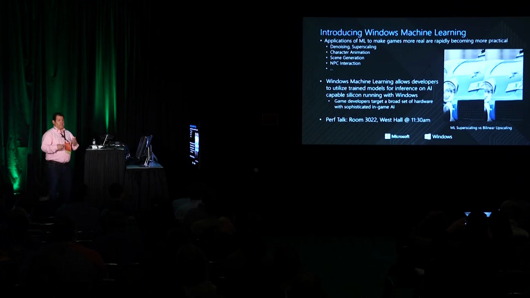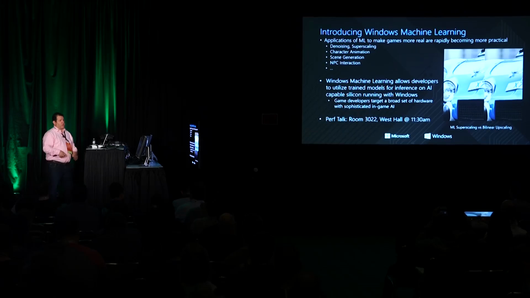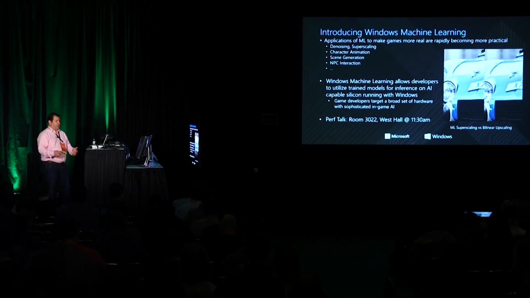And those are really important scenarios to our game developers that we want to make first class in the platform. So what we're really trying to accomplish as Microsoft is to make machine learning a first-class part of the hardware, to allow you to get access to all of the silicon that's underneath. There's a lot of revolution happening in the hardware, and we want to make that a first-class part of the system, really able to extract all that benefit for a game developer and target every possible bit of hardware that you can, all the silicon that's possible in the game that you have.